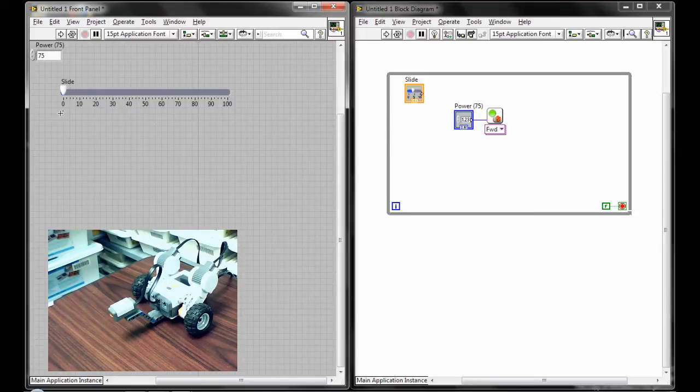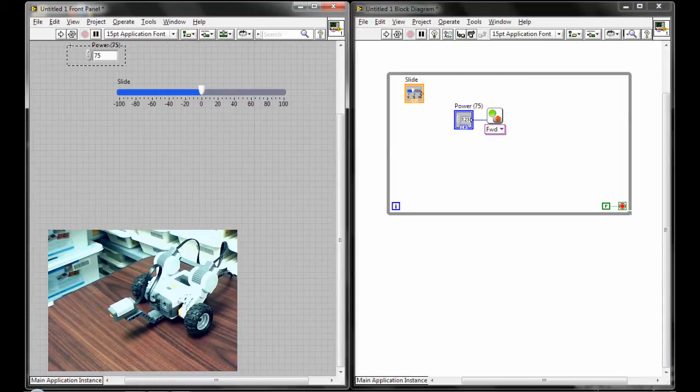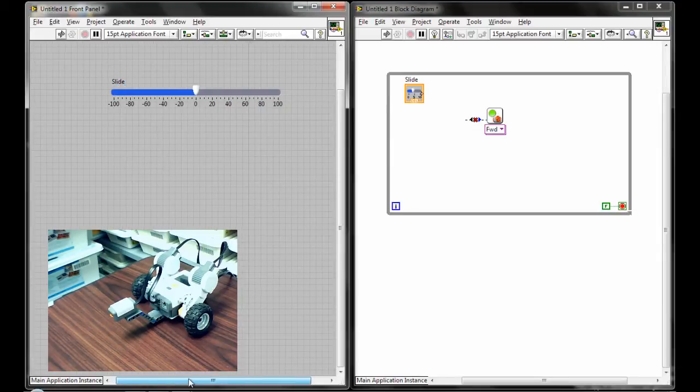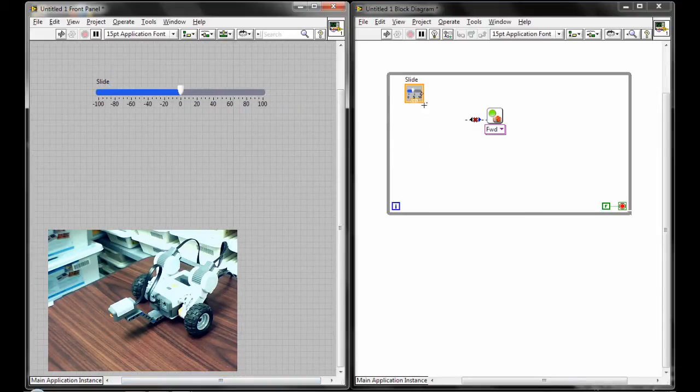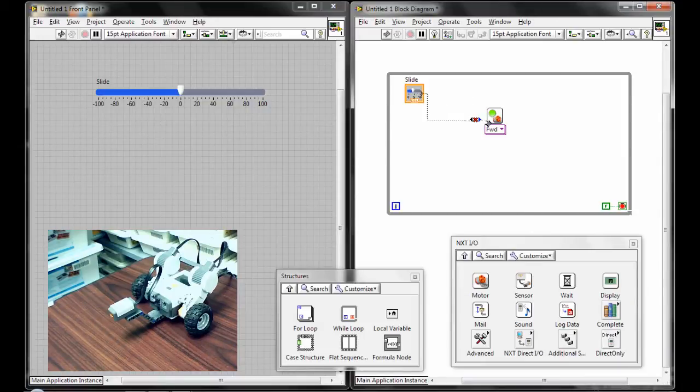We could go from 0 to 100, but it actually might be kind of nice to go from negative 100 up to positive 100, so that we can go forwards or backwards. And now we're not going to need this particular control anymore, so I'm going to delete that, and instead we're going to wire in our slider to our motor power,